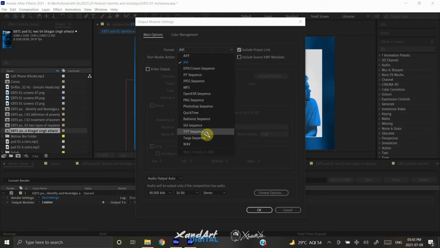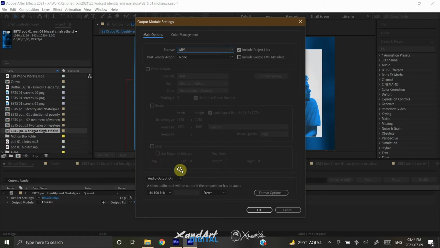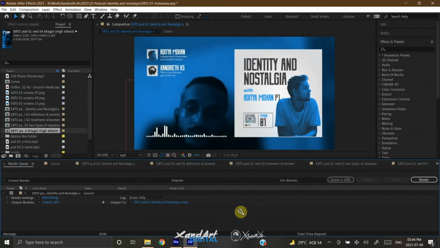There are other audio options as well, but MP3 has the highest level of compatibility, and since we're doing it for compatibility anyway, I think that's the best option. We don't have to work with the rest of the options. That's good enough. Once you select the output format as MP3, video output will automatically get unselected, or you can still unselect it yourself, and the rest is unnecessary. Once that's done, we will just select OK.